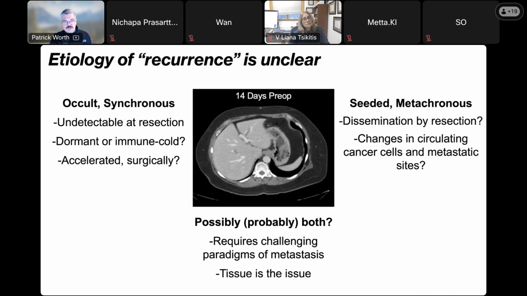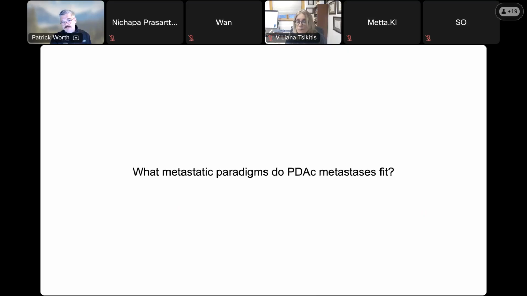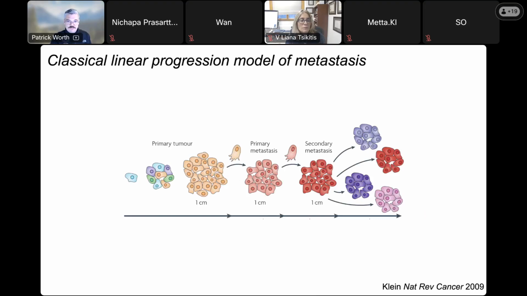So I think the likelihood is that there's some possibility that rapid metastatic recurrence in pancreatic cancer actually comes from both of these origins in different patients. And I think what's important is to look at what metastatic paradigms pancreatic cancer metastases fit. I think when we conceptualize how metastasis occurs, we think that cells within the pancreas or within a primary tumor